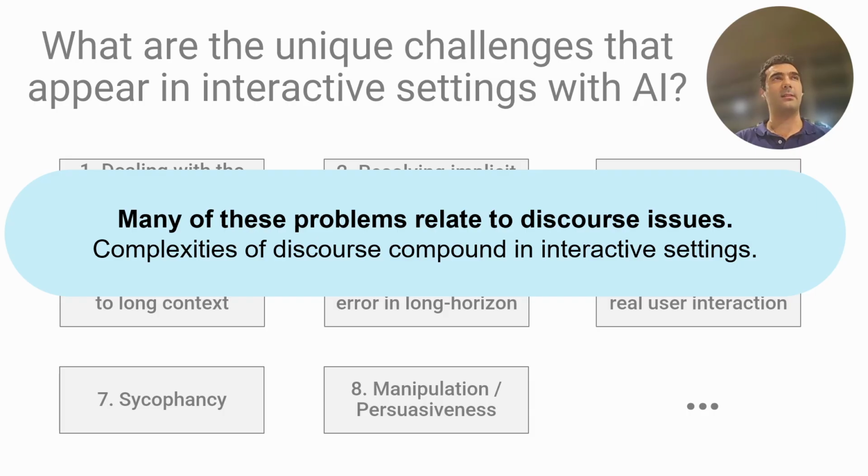And I think specifically that discourse issues sort of compound in the interactive system. So if you had issues of resolving dependencies in a single turn setting, imagine how much more difficult it is in multi-turn. If you had difficulty having to figure out the specific nature of content, it becomes harder in the interactive setting as well. Okay, so hopefully this motivates the work and why I think working on discourse and working on interactive settings is intertwined in some way.